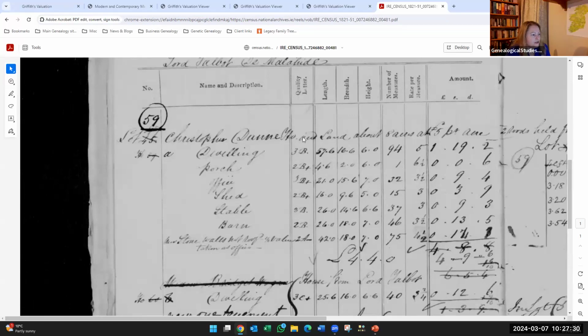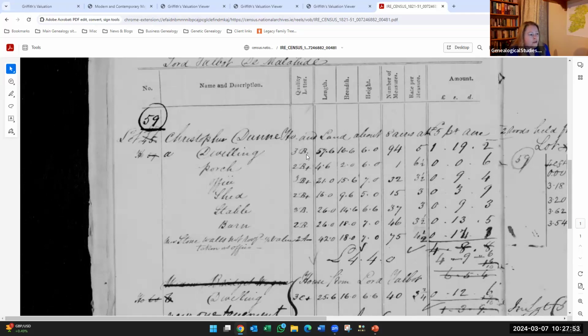So here's Christopher Dunn. And instead of it just having the number that we saw and the house and so on the printed valuation, this time we see that it says there's a dwelling, a porch, an office, a shed, a stable and a barn. It says new stone walls, not roof, and so on. And it's got these numbers and letters.